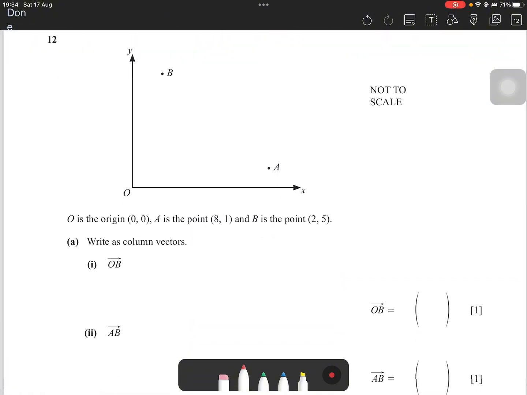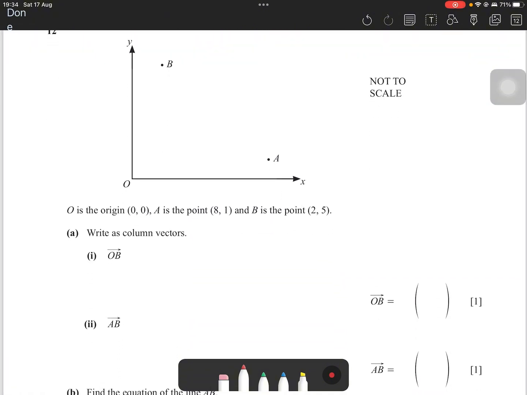Question 12. O is the origin (0, 0). A is the point (8, 1). So this is 8 and this is 1. And B is the point (2, 5). So this is 2 and this is 5. A, write as column vectors